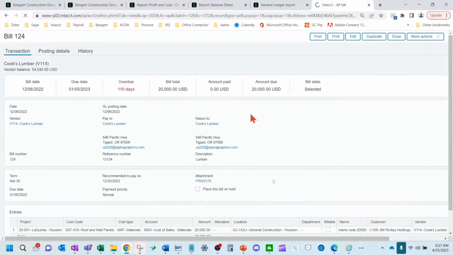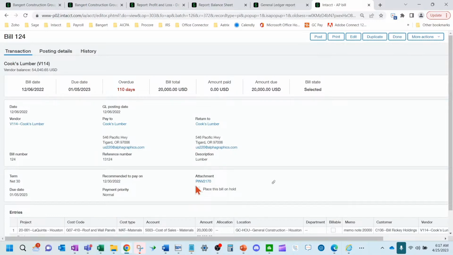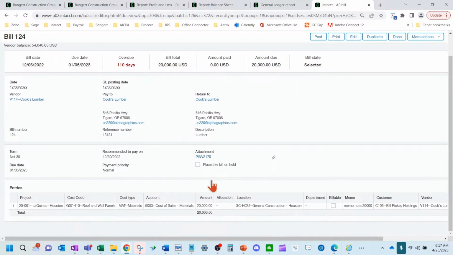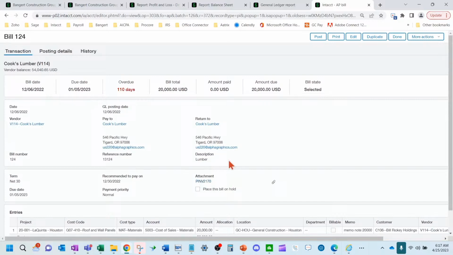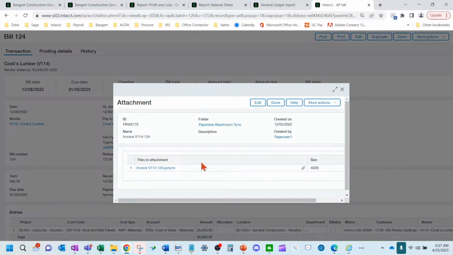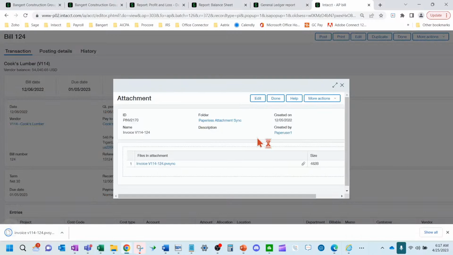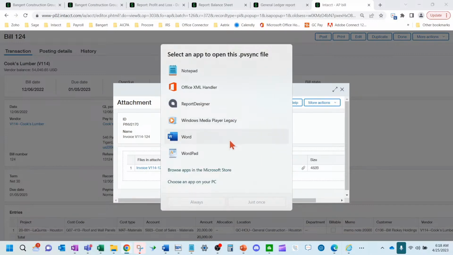And if I was using paperless software or the paperless accounts payable area inside of Intacct, they can actually drill down and see the actual image of this bill, which is something that they request from you during your audit. They'll request a lot of source documents, so you can actually pull up the actual invoice from the vendor. Okay.